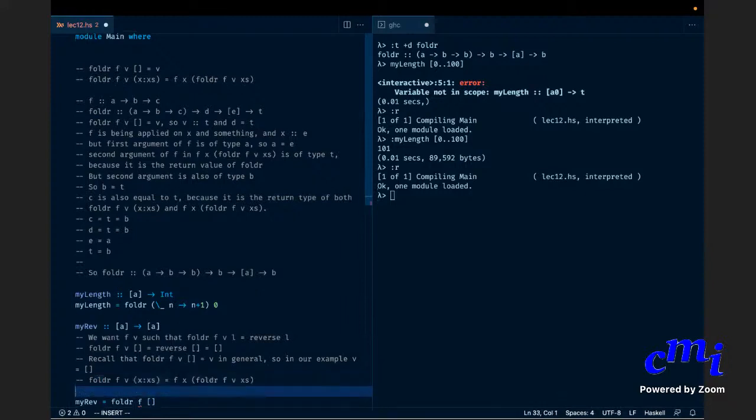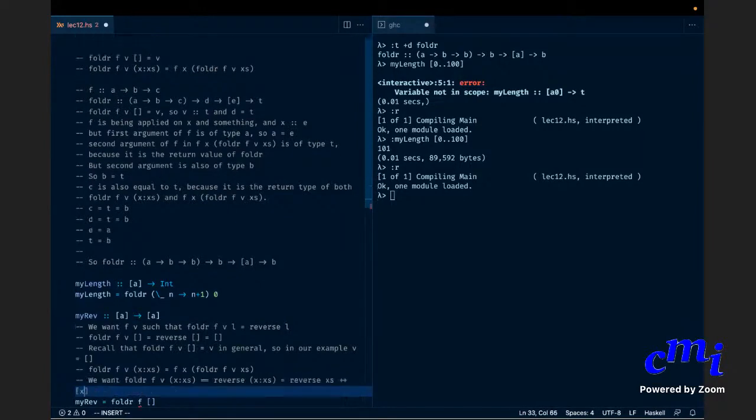Okay, great. On the other hand, you want this to be reverse of x:(xs). We want foldr f v x:(xs) to be equal to reverse of x:(xs). But what is reverse of x:(xs)? If you think about a naive definition of reverse, it is reverse of xs plus plus singleton list x.